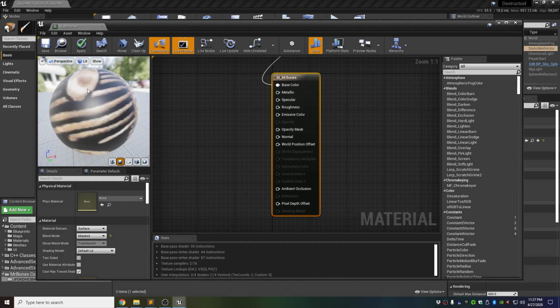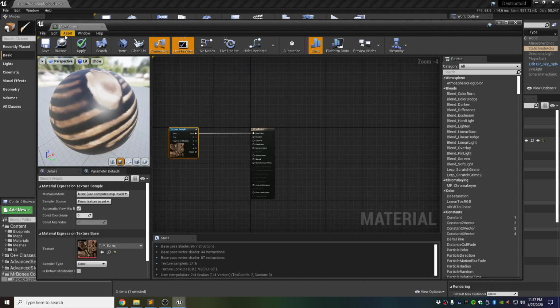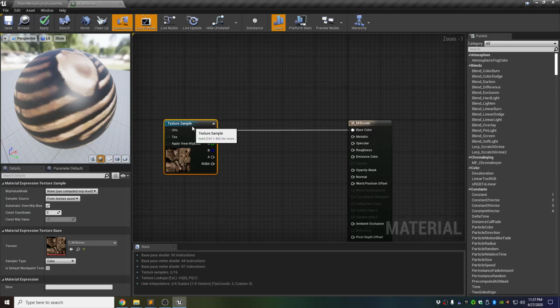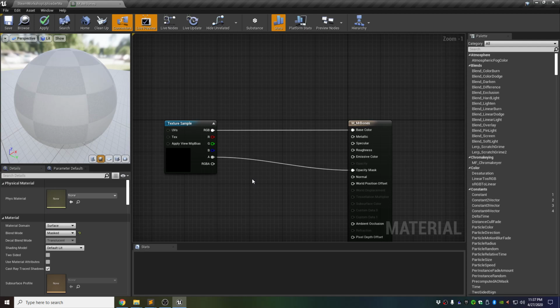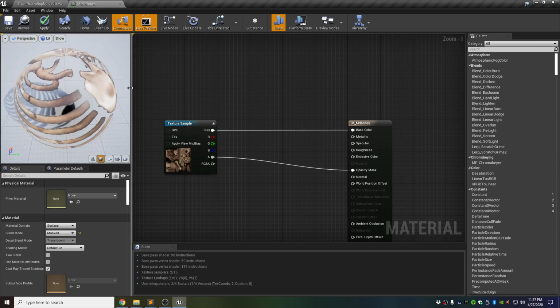And what that does is it treats anything black as transparent. So this is the texture sample. This material's already been set up for us a little bit. We're going to want to take this alpha channel here and just plug it into the opacity mask. That just means it's going to take anything black and make it see-through. So you get this now. You can see anything black is now transparent because we chose masked, and then we plugged this alpha channel from this texture sample into the opacity mask